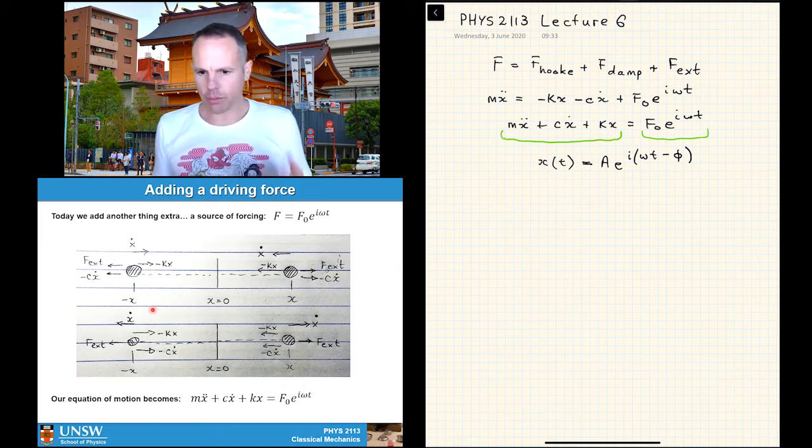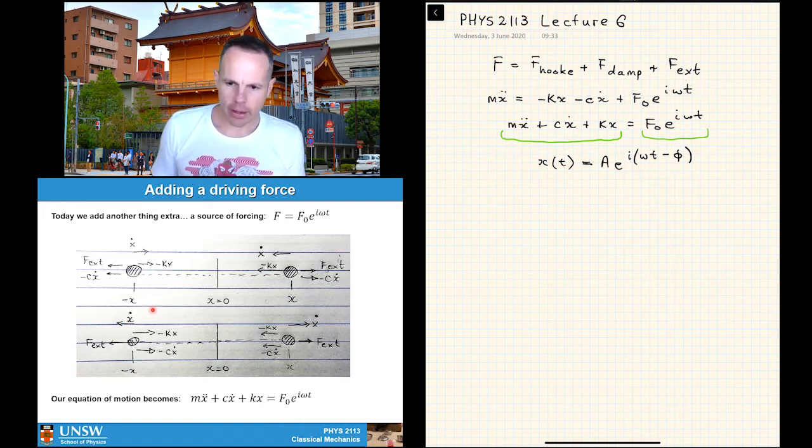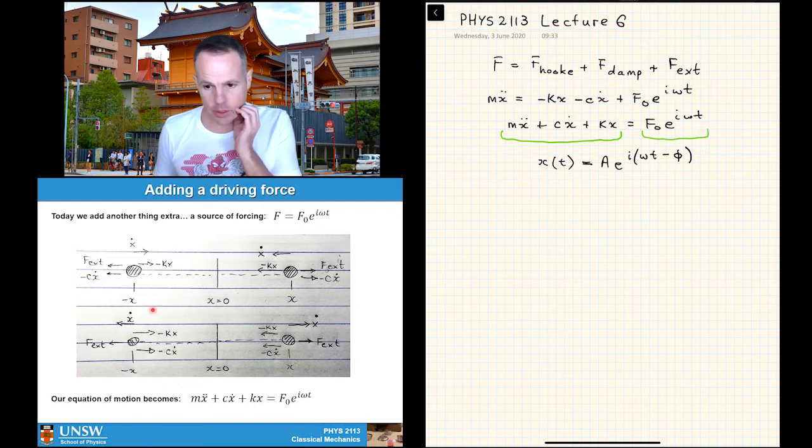Starting trial solution. Might be right, might be wrong. If it's right, great. If it's wrong, then we go back and we add something to it, okay? All right, so we have here an amplitude A and a phase phi that are yet to be determined, but we'll play with this as we work our way through. And so what we need to do is now verify that this is a solution by substituting it into our